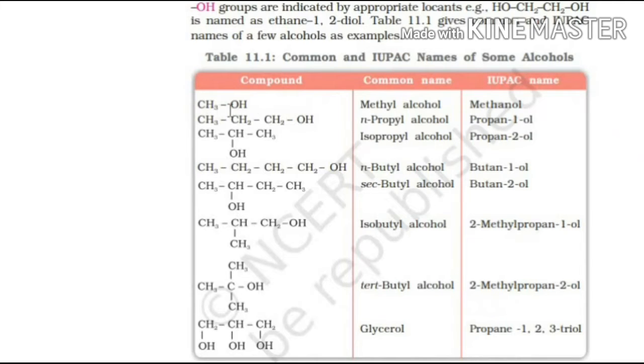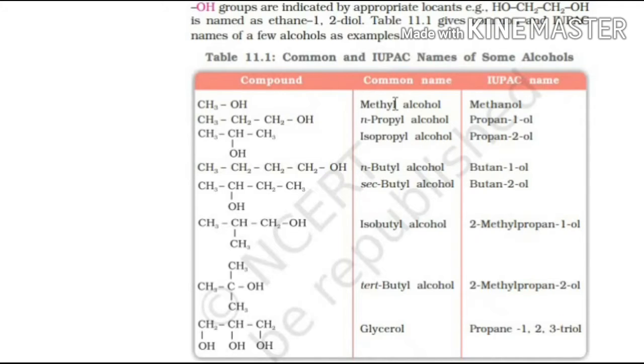This is the first example, and here there is only one carbon atom, so this is known as methanol. Actually, the general IUPAC name of alcohol is alkanol. So if there is one carbon atom here, then this will be methane-ol. Alkane plus ol, so this is methane plus ol. When alkane plus ol is written, the E at the end of alkane is removed. Similarly, the E at the end of methane is removed and then ol is attached.